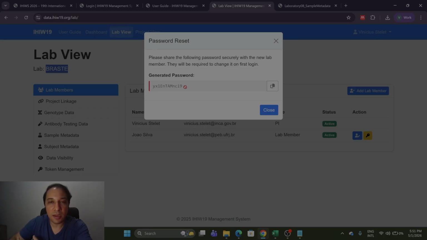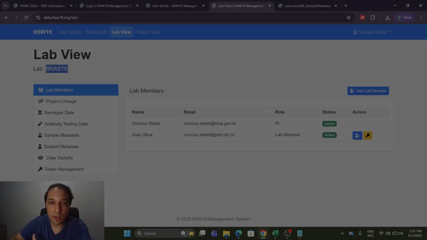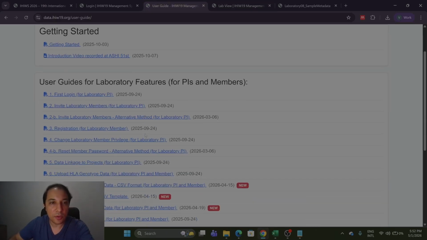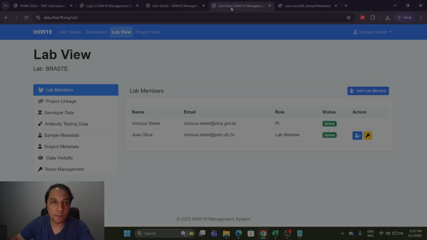This is a temporary password just for your first login. With this information, the email and that password, you can access the database and you will be linked to the same lab code. Okay? Any additional information you can find on those user guide documents.